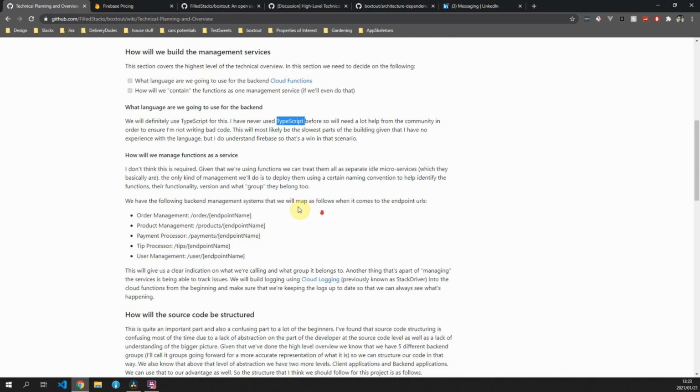This will be most likely the slowest part of the building because I've never used TypeScript, but once I get up to speed with it, it'll be quite easy to assume that we'll be building these functions faster and in a more concise manner. The second thing that we have to cover in this section is how will we manage